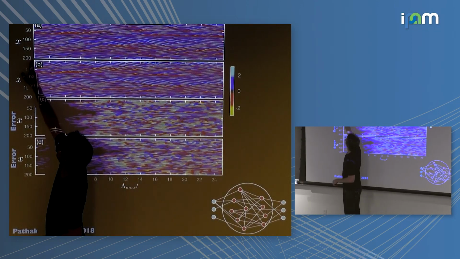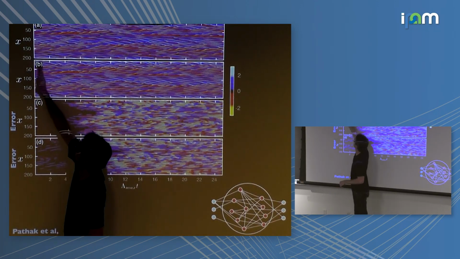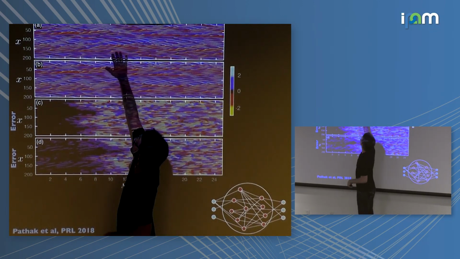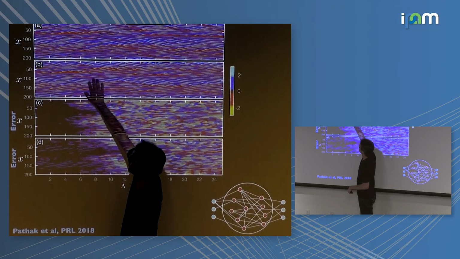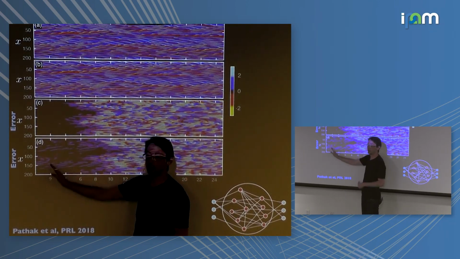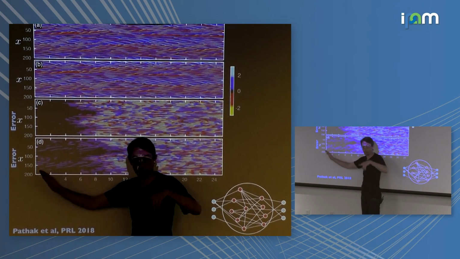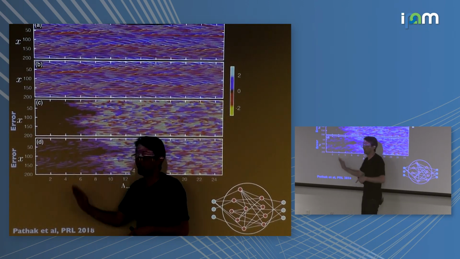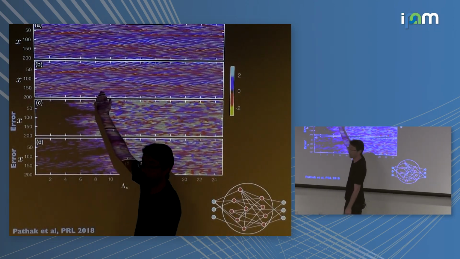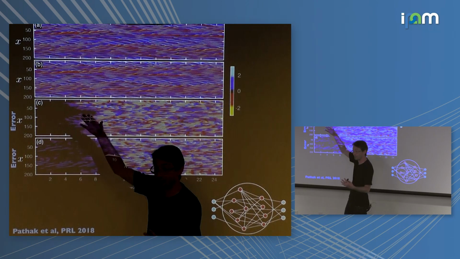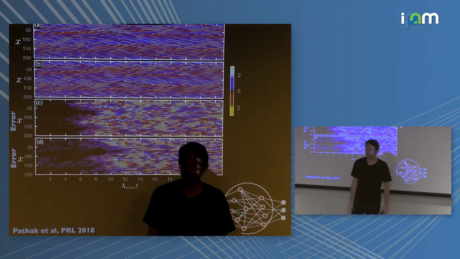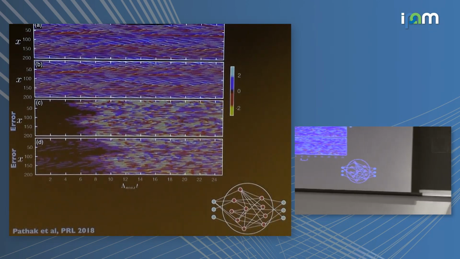So it's a one-dimensional PDE. This is the state of the system as it evolves in time. What you can see here, I believe, is the true system, the modeled system with the reservoir computing, the error instantaneously, and the error as you time step, as you run that through an integrator and use it just for prediction. It actually does a really good job of predicting this far. It's a very chaotic system, there's a lot of nonlinear mixing happening, and the error is actually pretty small for a long time. Very impressive raw prediction results.